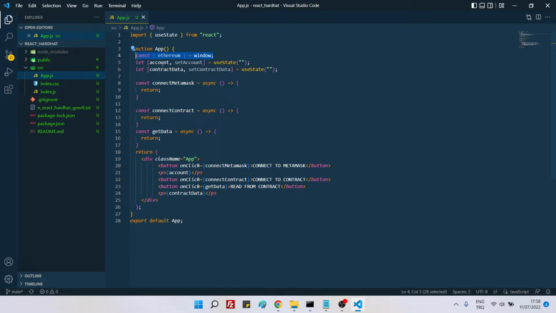const ethereum equals window.ethereum. You need to put this line of code. Why? Because if you don't put this line of code, you may have some errors here. So yeah, I think we can now start. So if,